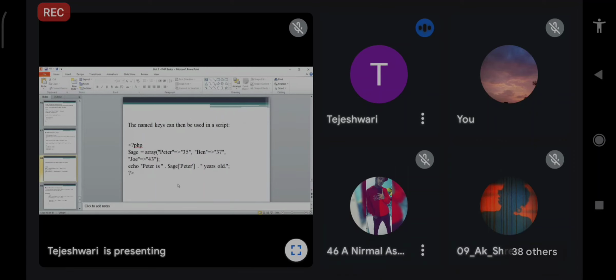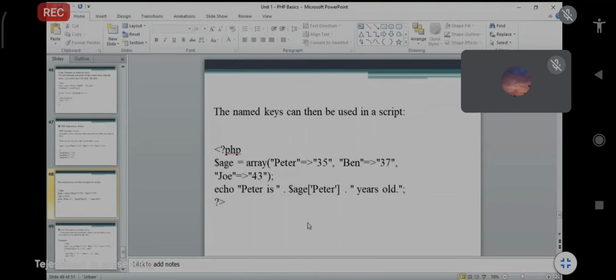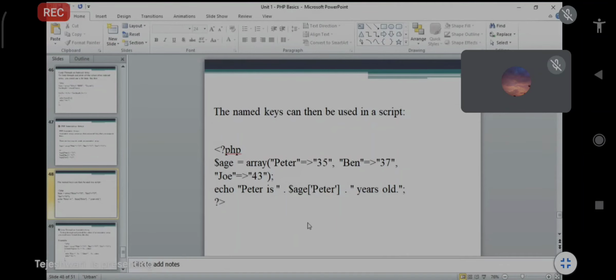Whatever value is stored in the dollar age variable for Peter, that is 35. So the next line: Peter is 35 years old. This is a simple example.